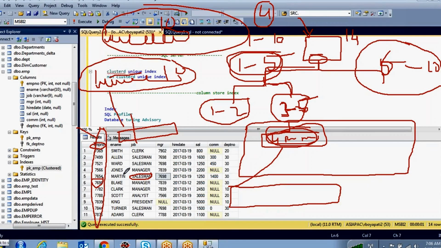So what will happen whenever you are creating the non-clustered indexes? Those non-clustered indexes will save the key values. So this salesman is going to store whatever the non-clustered index key values. So this 7699, this employee, when it is creating an index, each one is creating some key values. So each non-clustered index column, each value is going to store some key values in the